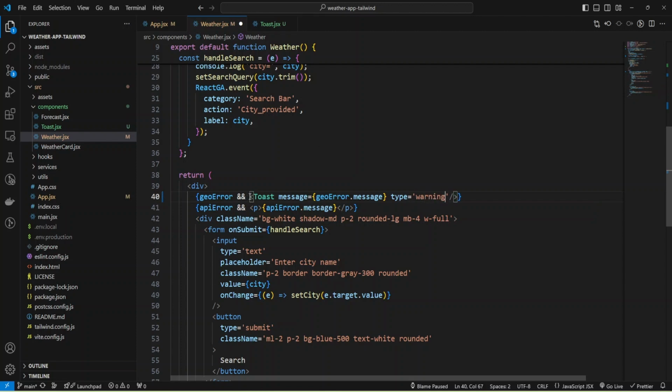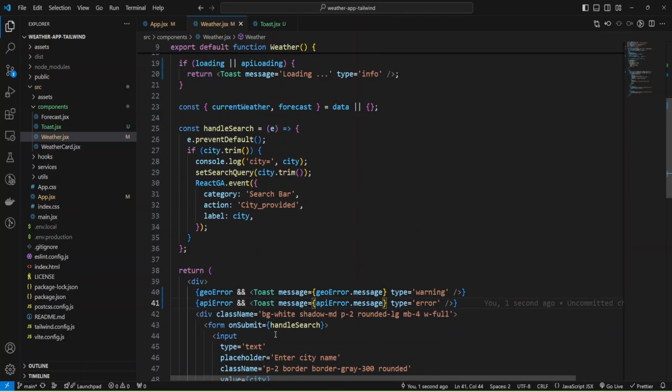Okay, and also I can change message to API error, and here I'm going to add error, and it will be the API error message. And let's check what we have so far.